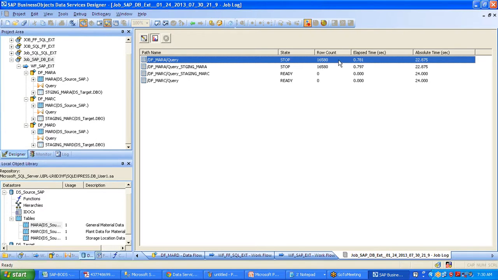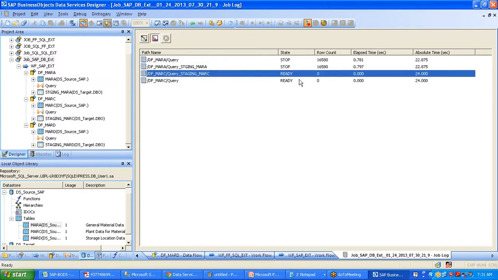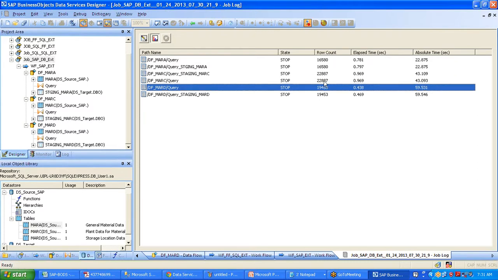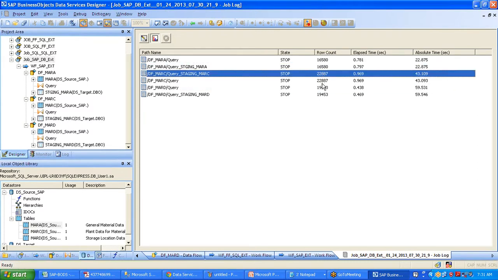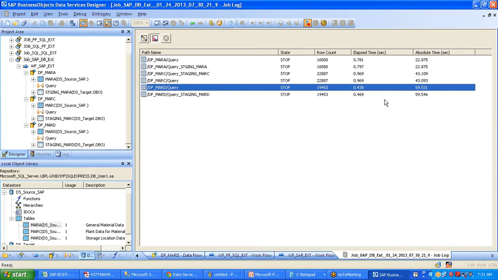So 16,580 records are extracted in 7.7 seconds. So it's even less than a second. And now this is Marcy. Marcy has somewhere around 25,000 records. Okay, 22,000 records. And now it is Marty, storage location information. Right, so 19,000 records. So all these 16,000, 22,000, and 19,000 records are extracted, and the job